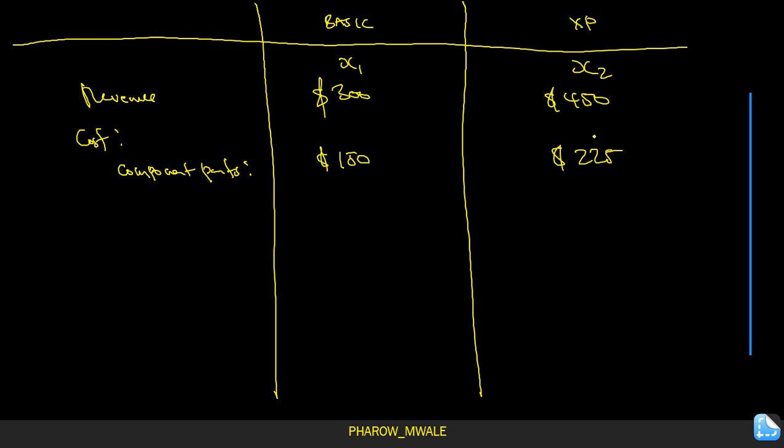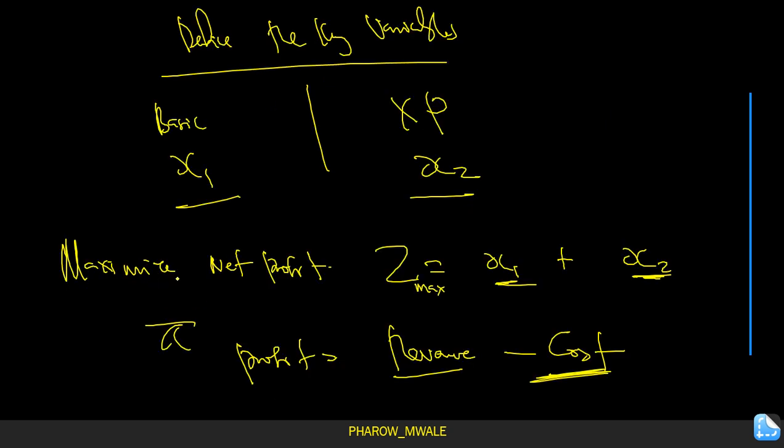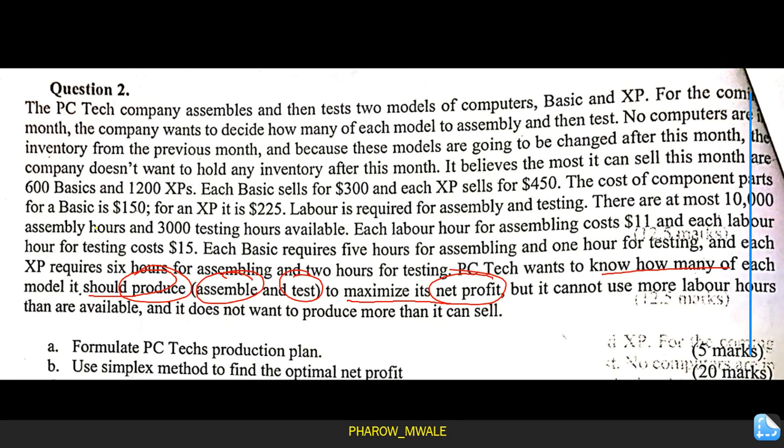So there are two types of labor costs that we are going to incur. So I can even say labor here. What is the first type of cost? We have assembly costs, and also we have testing costs in our question there. So we have assembly and the testing. Okay, then the question says there are at most 10,000 assembly hours and 3,000 testing hours